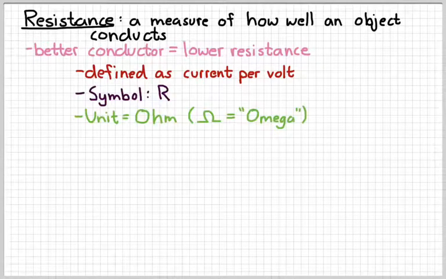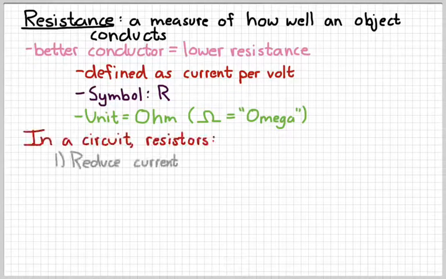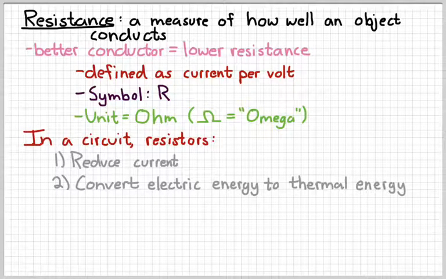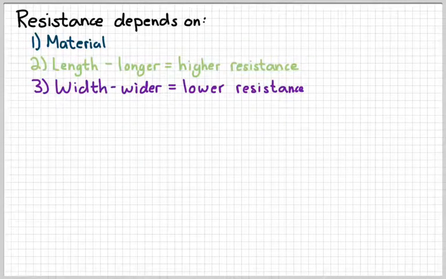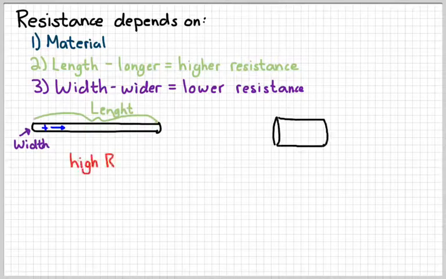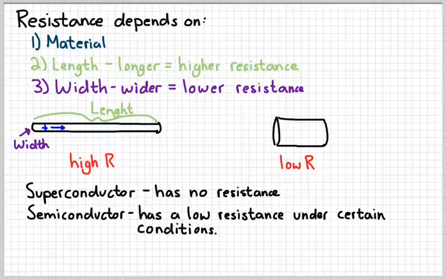And then we kind of defined conductor a little bit more precisely using the term resistance, which is a measure of how well an object conducts. We need to know what resistors do. They reduce current, so the higher the resistance, the lower the current, and they also convert electrical energy to heat, to thermal energy. And then we need to know the three things that affect the resistance of an object, namely what it's made of, its width, and its length. And then things like superconductor and semiconductors are two specific cases of that, and we need to know those two